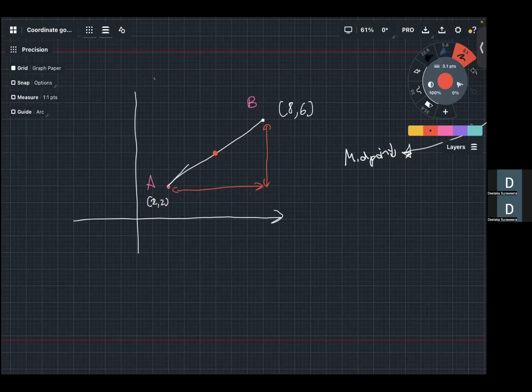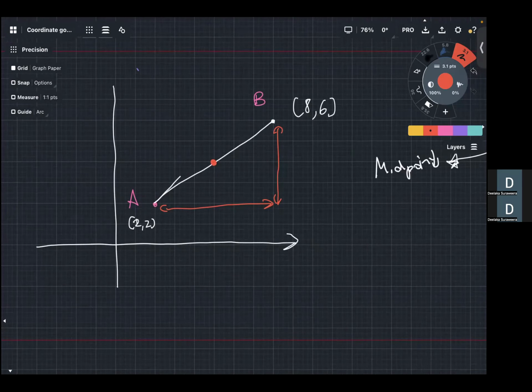Is it 3 and 2? No. But just like the distance, this also uses the horizontal component and the vertical component. Now think about this. Midpoint means halfway. So once you know the full horizontal and vertical,